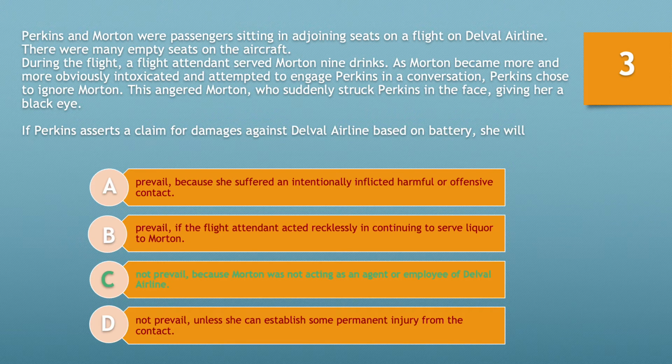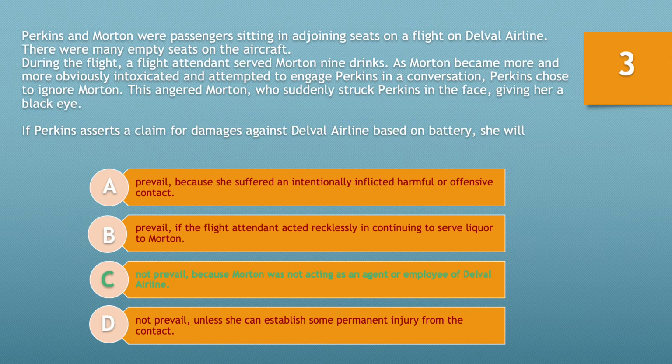If you chose option C, you'd be correct. Not prevail because Morton was not acting as an agent or employee of Del Val Airline. Battery is the intentional infliction of a harmful or offensive contact with a victim's person. If an employee commits a tort in the scope of her employment, her employer will be vicariously liable. An employer is generally not liable for the intentional torts of its employees unless the act was specifically authorized by the employer, the act was in the nature of employment, or the act was motivated by the desire to serve